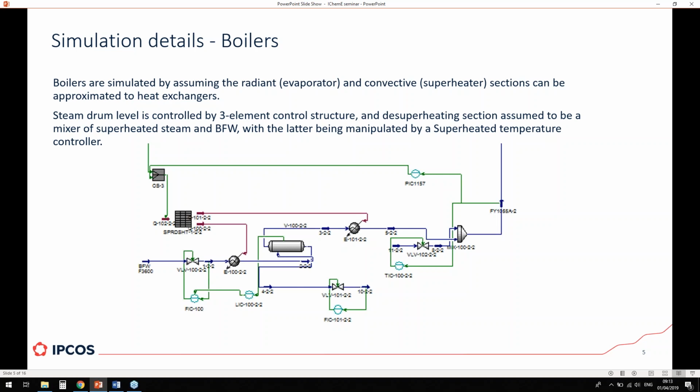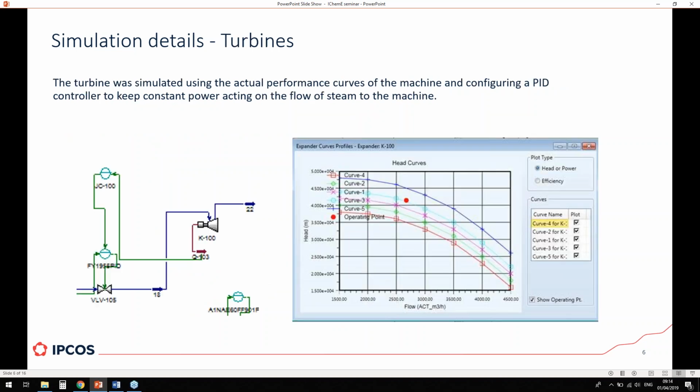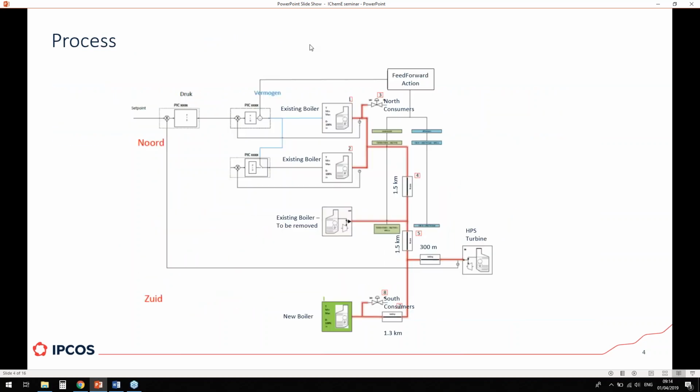As well, we did the superheating section here with another exchanger. As we said, the convective section was another heat exchanger, and this superheating also has a specific control, which you see is a temperature control that we just did as it typically is. It's just injections of boiler feed water to the superheated steam to keep a specific temperature of superheating. So that covers how we did the simulation for these 4